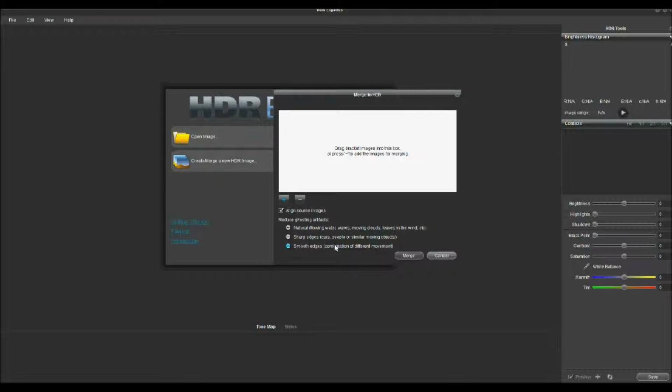If you have cars or people moving in it, you're going to select this one. Most of the time, especially if it's a landscape, you're going to want to select the top one. And you get your file just by clicking here. This is one way,